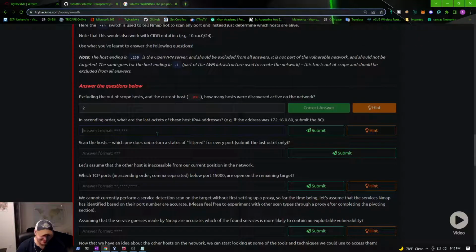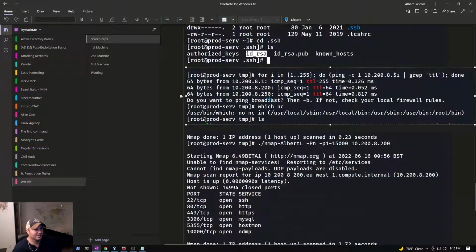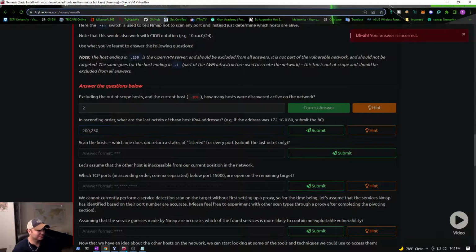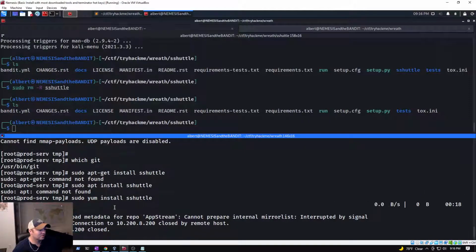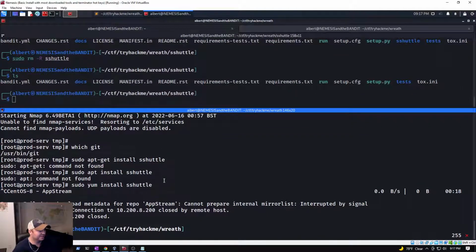Trying to, I guess people try to cheat. Oh, or wait, did I miss something? Because I only got 250 and 1. There was a 150. Alright, we're going to need to get that nmap back out. Our script only scanned